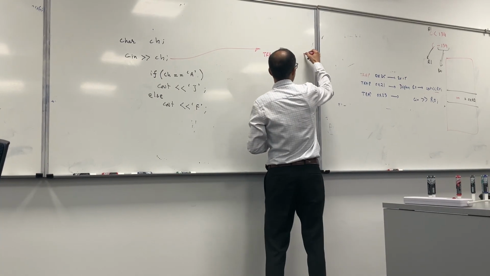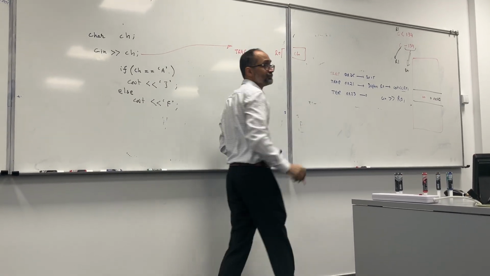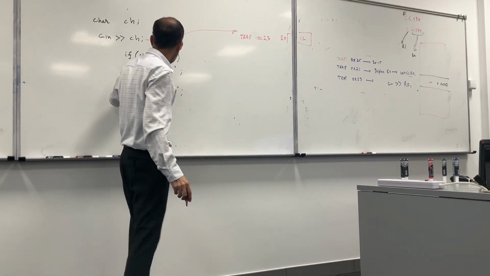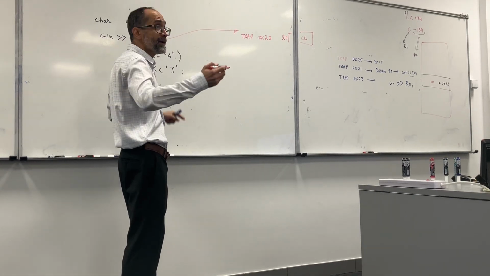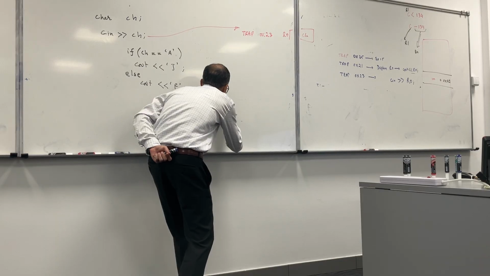So it means R0 contains what? R0 contains the ASCII value of the character. Now we are comparing CH with A. Then we need to define some ASCII value. So please remember, now we can say minus